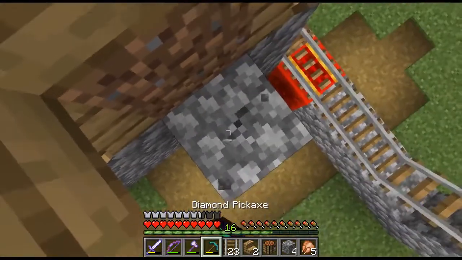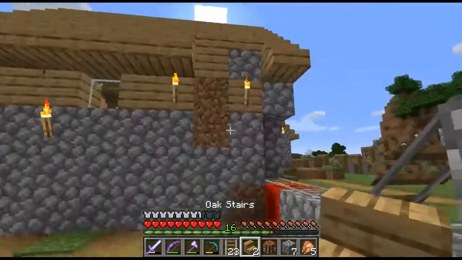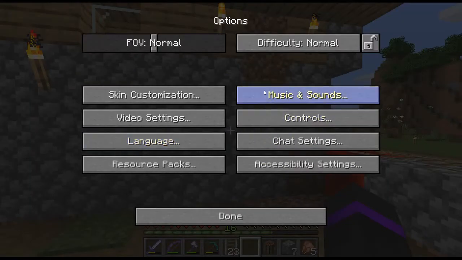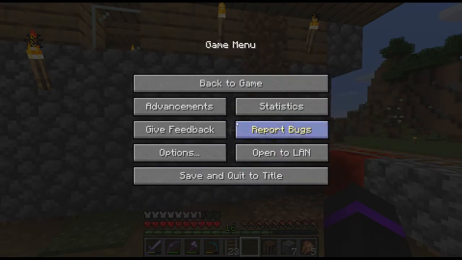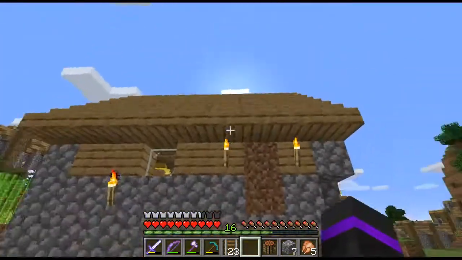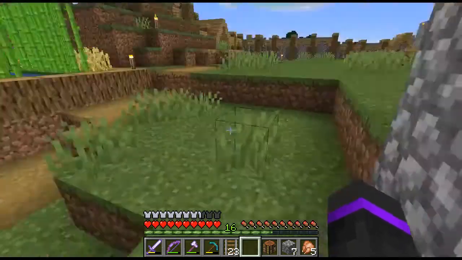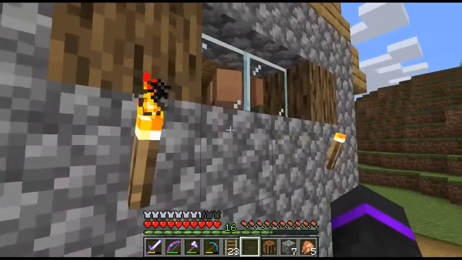And... oh my god, they're so annoying. This is part of the reason why I want them in their own spot. Okay, for the time being, let's change friendly creatures. Thank you. Oh my god. Alright, so they shouldn't be able to jump there now, and if I were to go, whoops, that's not the jump button. If I were to go in this corner,